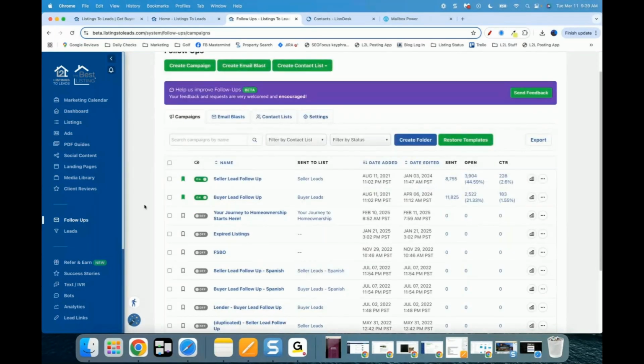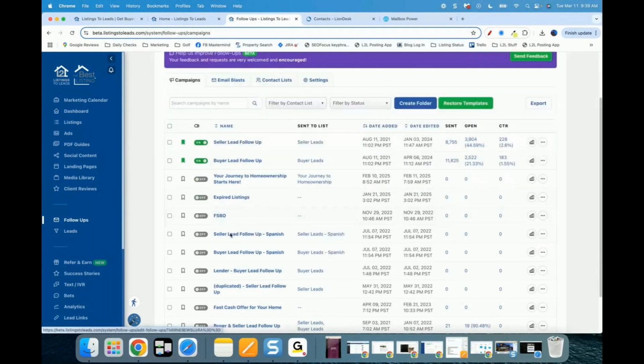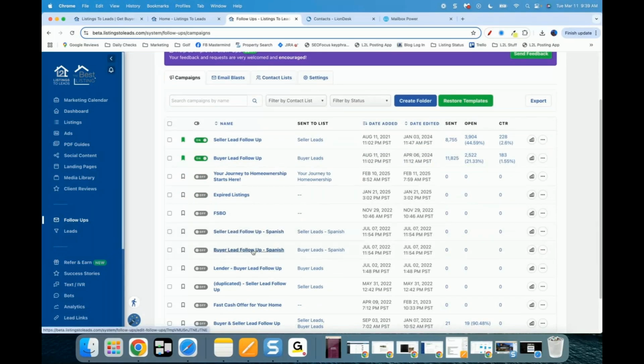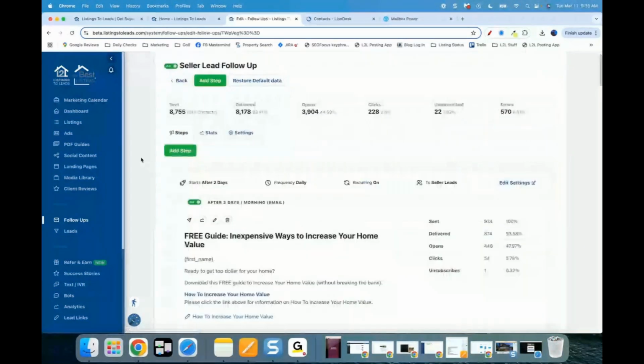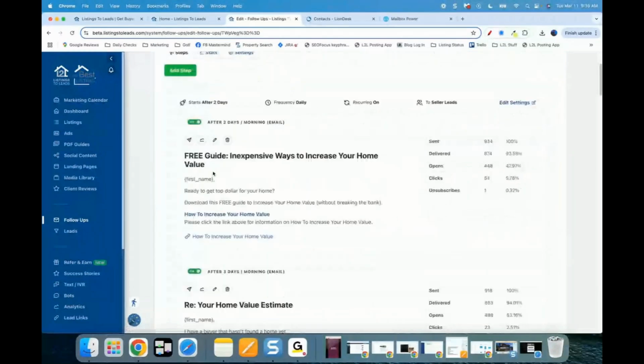So when you get here, we got buyer lead follow-up, we got seller lead follow-up. We've also got it in Spanish, seller lead Spanish, buyer lead Spanish. You can duplicate these, you can edit them, you can delete them, you can rename them, whatever you want to do. If you click inside of them, I can rearrange, I can edit here as well, and I can send a